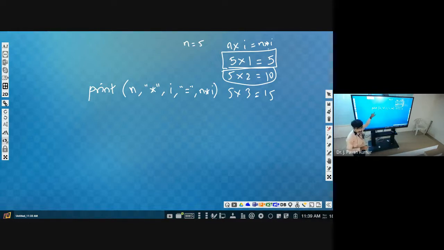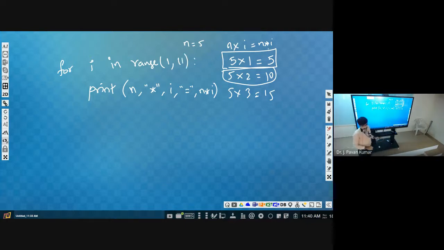How can we repeat? By putting this statement in a loop. So which loop can be used? For loop. What is the loop variable? I is the loop variable. Next, I in. What are the values of I? Starting from 1 up to 10. So we can use range function. So I in range starting is 1 up to 10, so we have to give 11 here, then colon.